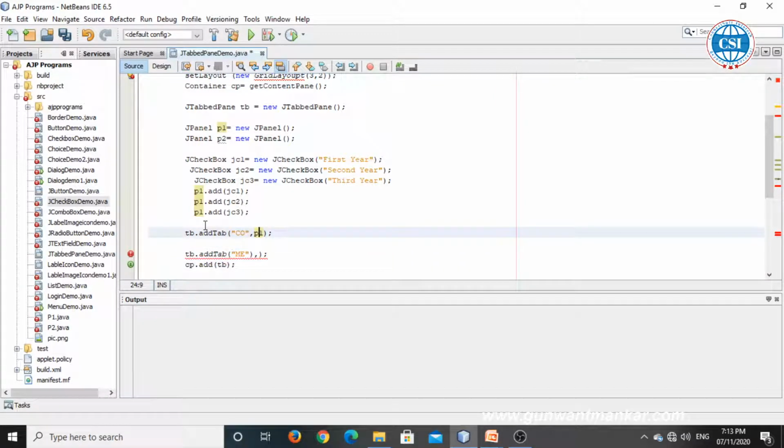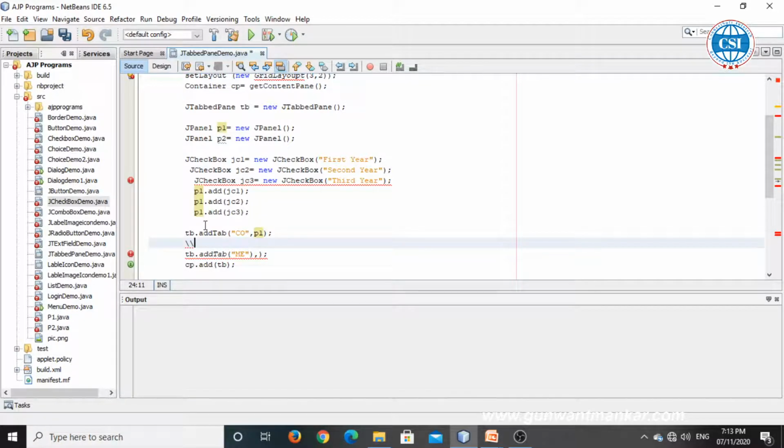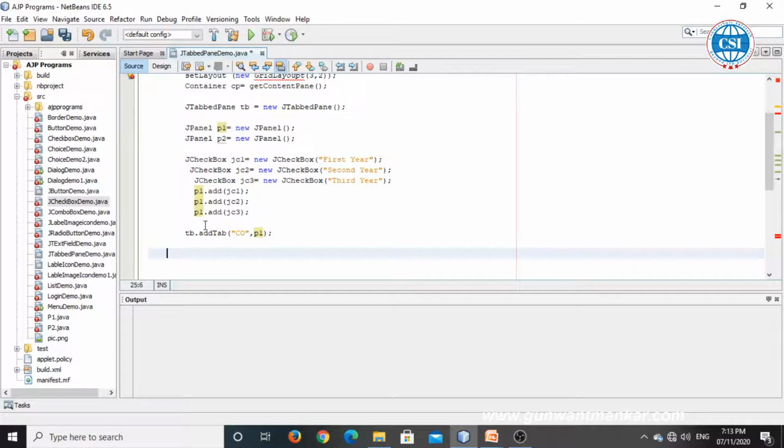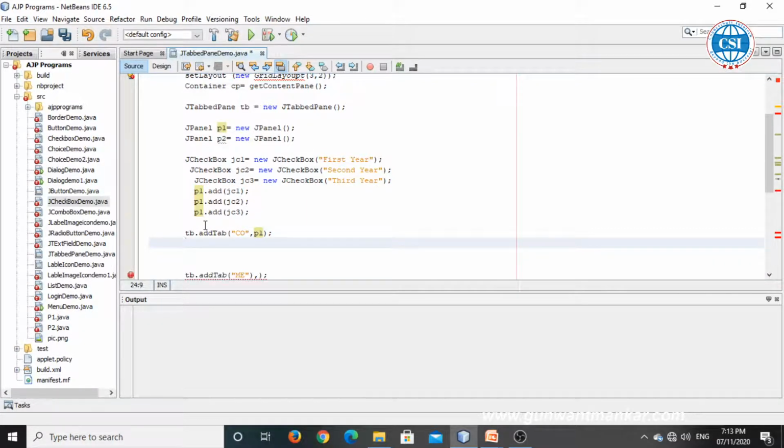Now we want to create something similar for the ME department, the ME tab. In the ME tab, I am going to use a radio button, JRadioButton. You can use a different component, whatever you want.